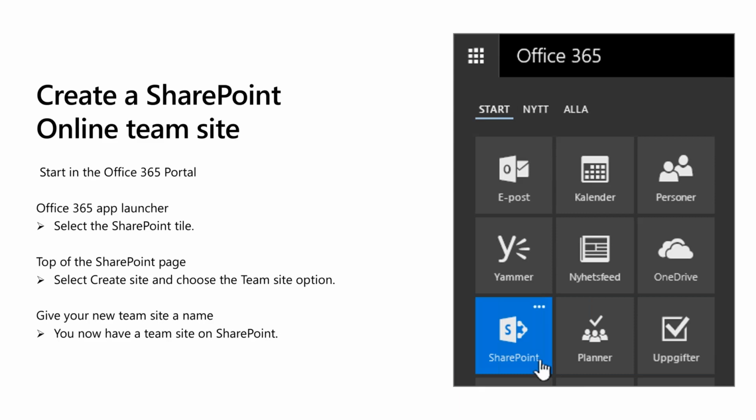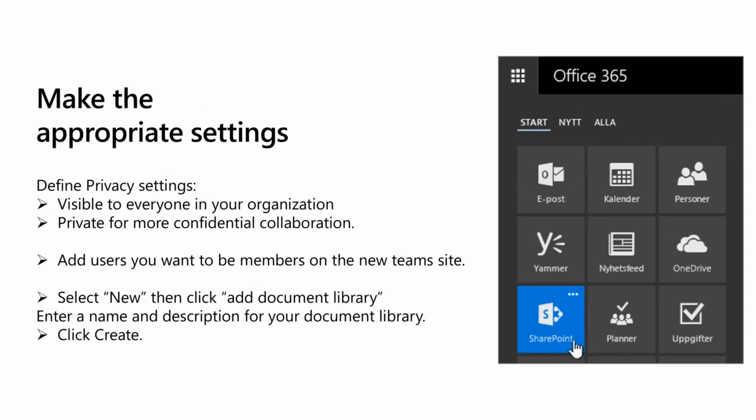So what you want to do is just press the SharePoint tile and then create a site and choose the team site option. Once you've given it a name, you have actually just started on SharePoint. What you want to do now is make sure that you have the privacy settings that are adequate for your team. So that, for example, if you're in HR and you know that you're only going to process the new